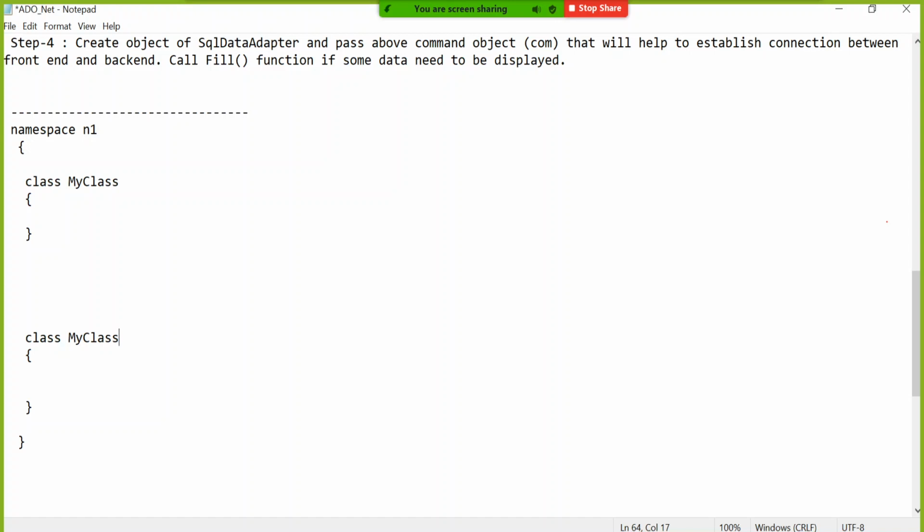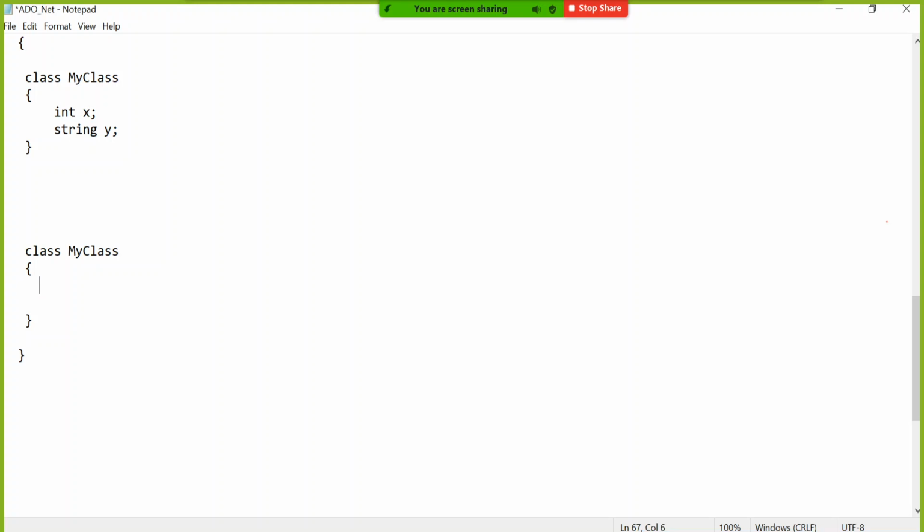Okay. Now somebody says both are the same class only, logically the same class, but I want maybe some declarations of the variables here, say integer x, string y, etc. But all the functionality I want to define here, maybe private void f1, some curly brackets, some coding. Similarly, some other function, maybe f2, maybe this is private, this may be public also, no worry.